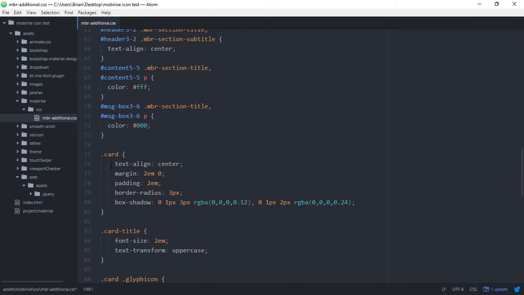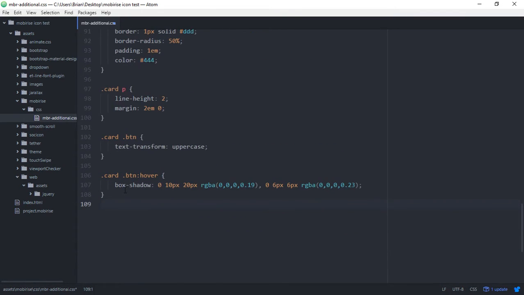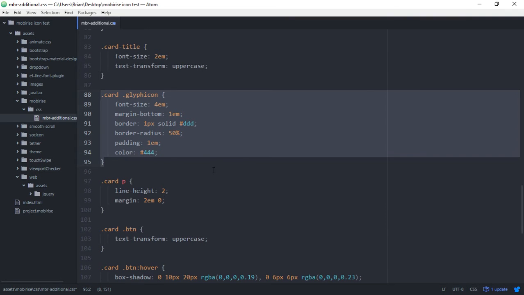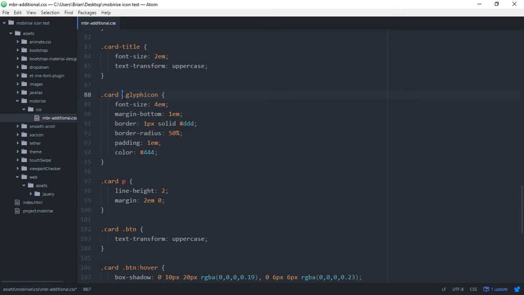So now we have all of our card styles. Now card, I believe, is not changed, so the only thing that's going to be different is this one right here. We're going to have to make some changes to the actual icon itself. We'll probably just have to call a different class here. So I'm going to save that,